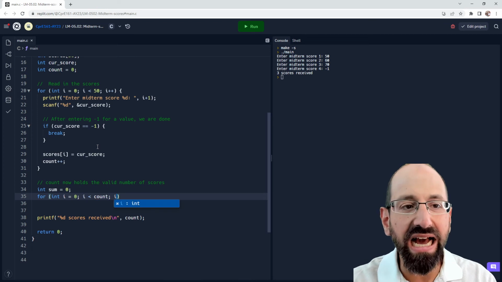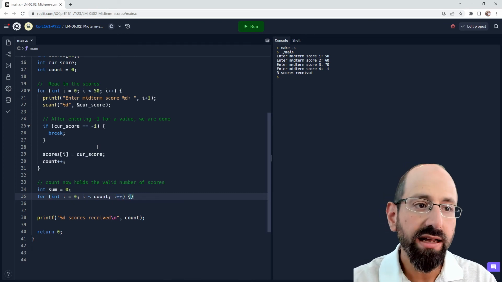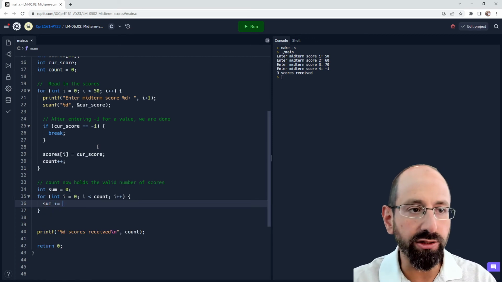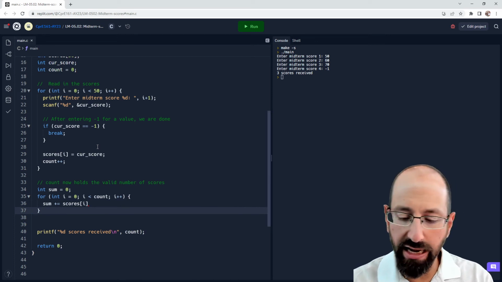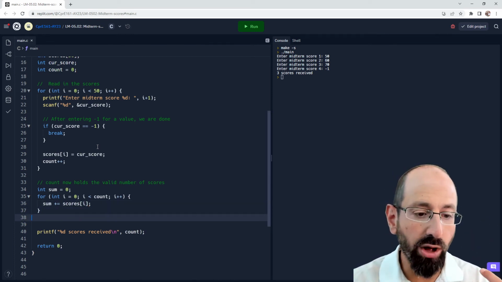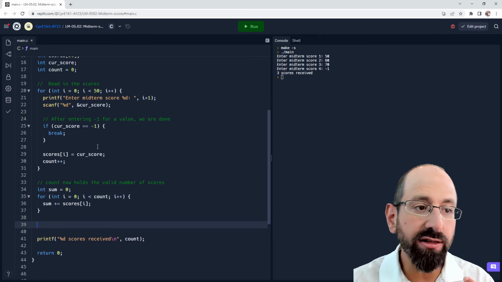But now it's not i equals 0, i less than 50. It's i equals 0, i less than count. And now we need to do some accumulation. Grab each element of the scores that are valid, because -1 did not get stored, add them all up. We then need to actually calculate the average,